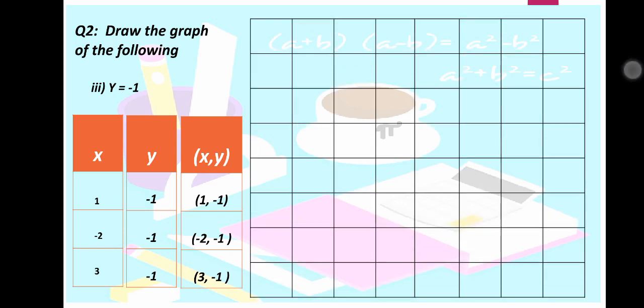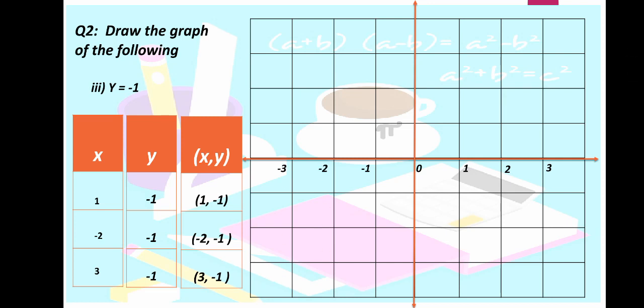For plotting the graph, draw a horizontal line for the x-axis and a vertical line for the y-axis. And for joining the points, mark where the two lines are intersecting each other, that is your origin. And on the origin, the value of x and y is 0. Here in the x column, the maximum number is 3. So the values are 1, 2 and 3 on the x-axis. For the negative x-axis, -1, -2 and -3.